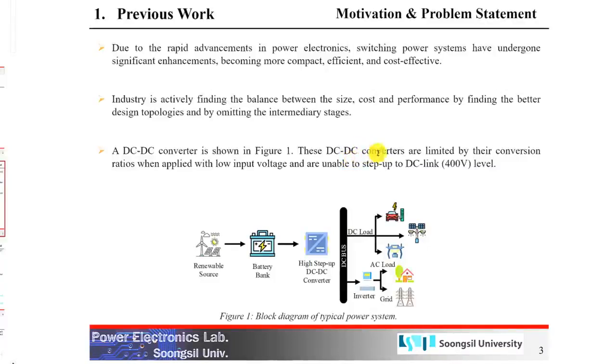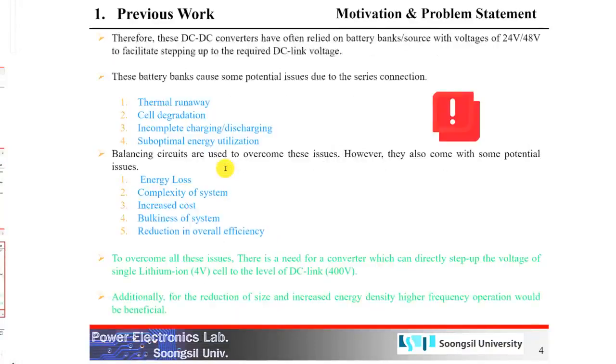These DC-DC converters are limited by their conversion ratios when applied with a very low input voltage and are unable to step up the voltage to the DC link voltage level. Therefore these DC-DC converters have often relied on battery bank sources with voltage of 24 to 48 V to facilitate stepping up to the required DC link level voltage. However, to make these 24 V or 48 V, we need to connect